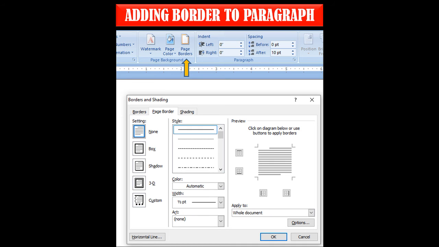There are 2 ways, children, to apply the border. The first method is to go to the Home tab. In the Paragraph group you will see a border icon, a border symbol. Just click on that and a drop down list will appear on the screen, and at the last option, Borders and Shading, when you choose it, this kind of dialog box will appear on the screen, as you can see. So this way you can apply it. You can choose the selected border, selected color. So this way you can go for it.